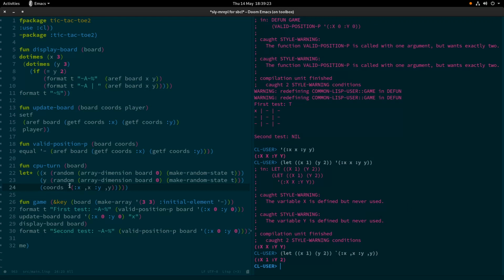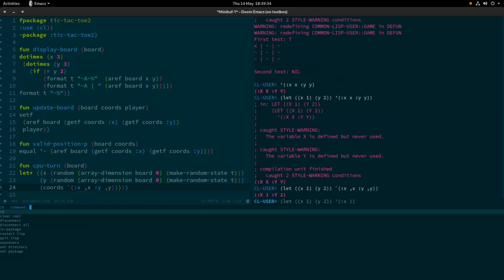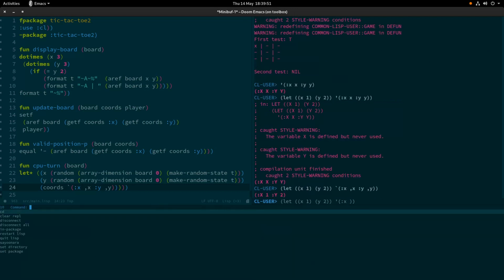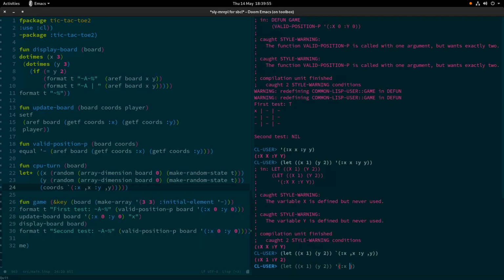The backtick says, well, you know what? I'm curious. Hey, what's it doing there? Right, okay, so let's put that there. For some reason it doesn't want me to be able to put a comma there. I wonder if that's to do with the backtick. Yeah, it is. So it will not let me put a